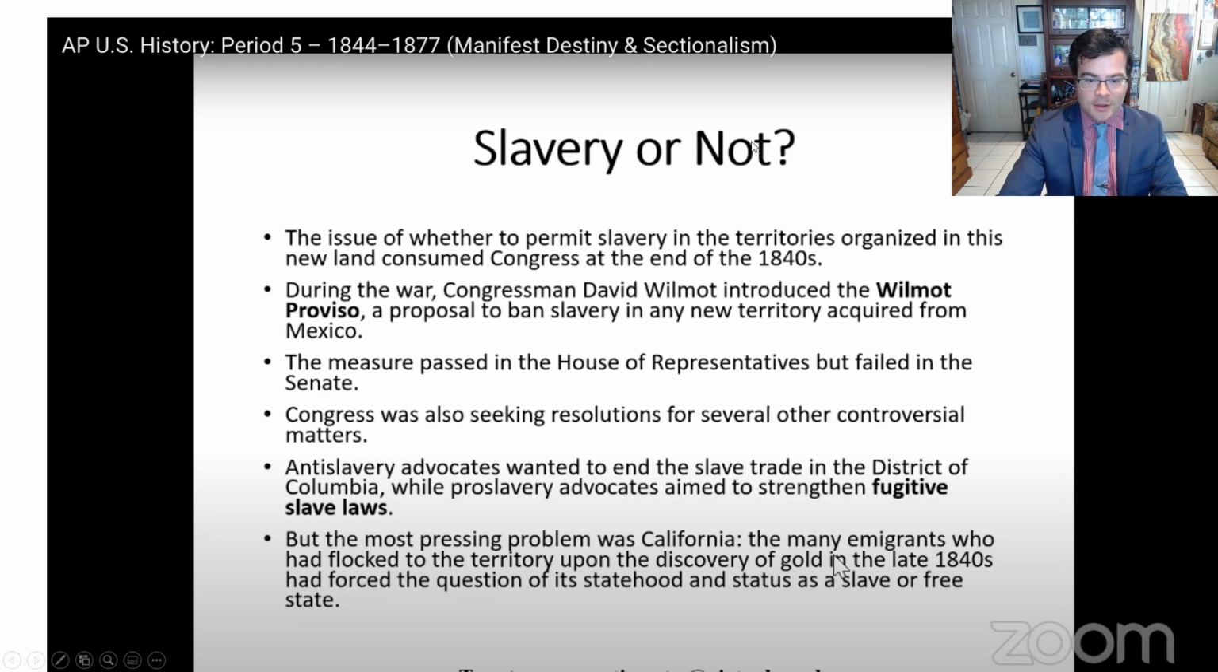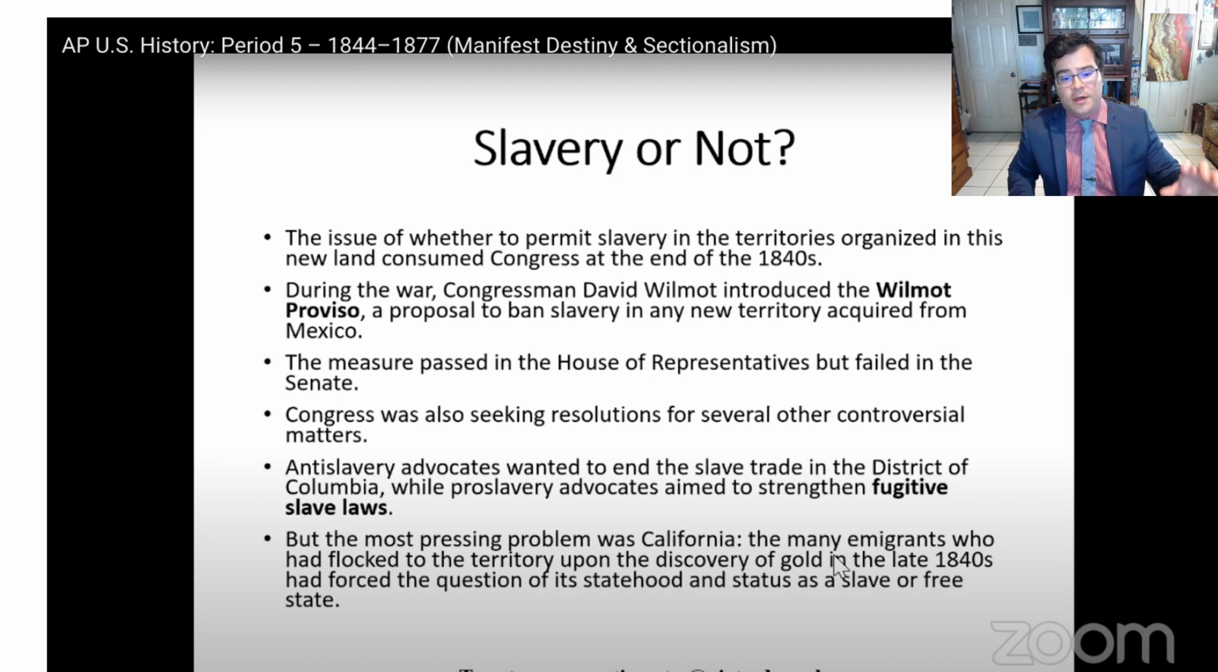Okay, so slavery or not, guys, this is one of the main ideas for Period 5: trying to balance the power of states in terms of the issue of slavery, right? Slave states, free states. So after the Mexican-American War and the Mexican Cession, and we get all that land from Mexico,